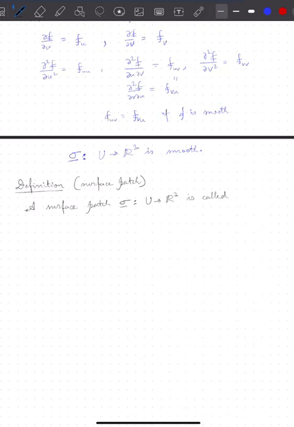We'll be using many of the terms which we had already encountered while studying curves, because ultimately surfaces are nothing but a network of curves, right? So a surface patch sigma from U to R3 is called regular if it is smooth